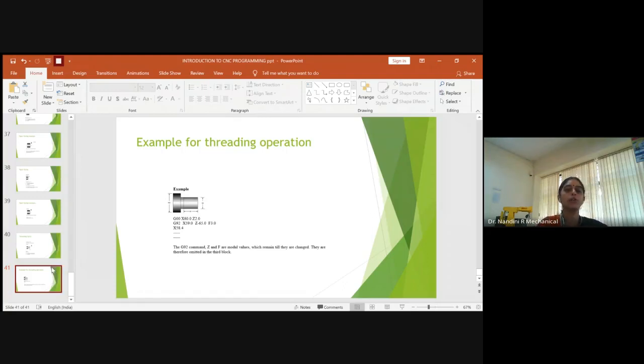Based on all these, in the next class, I will make you understand how to write a part program which has thread cutting operation, drilling operation and phasing operation. If you write all three separately, it will be a huge part program. If you use the concept of canned cycles, you will have subprograms within, so that you can cut short the program and do the required operation to get the simulation for the desired shape.